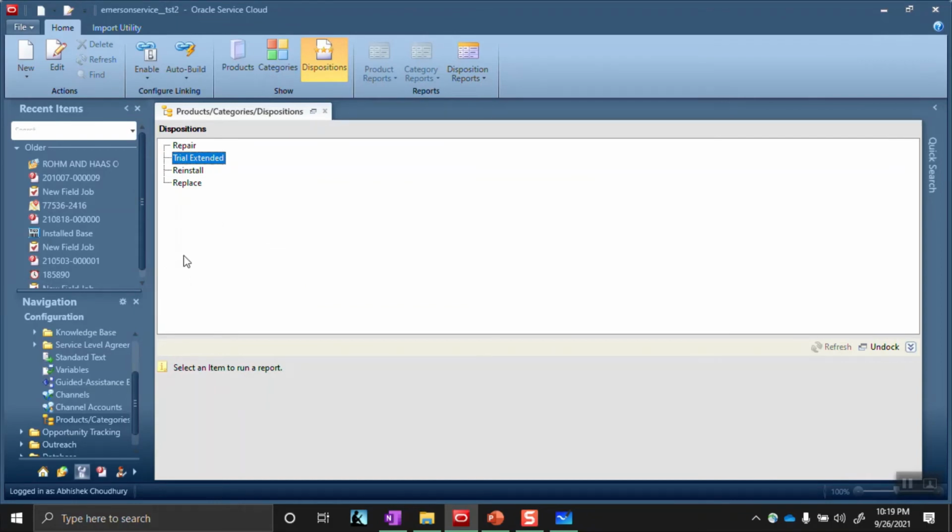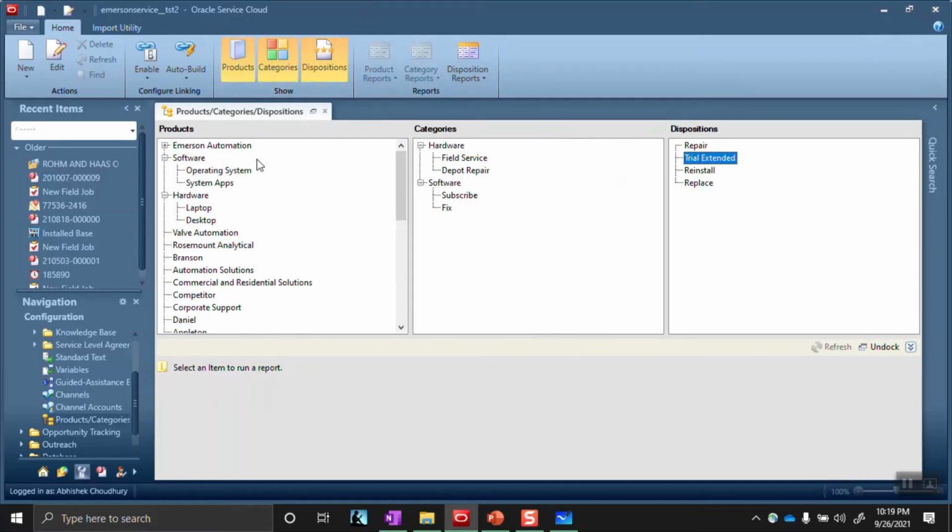So now we will be enabling the linking. Now to enable the link among these three things, the product to the categories and the product to the dispositions. Okay, so I will enable the link. This enabling of the link is done from here, product category linking and product disposition linking. Currently you can see that these are not checked or not enabled. Okay, so that means that the product category linking and product disposition linking will not work even if we do the linking in the background. Okay, we have to enable this linking process.